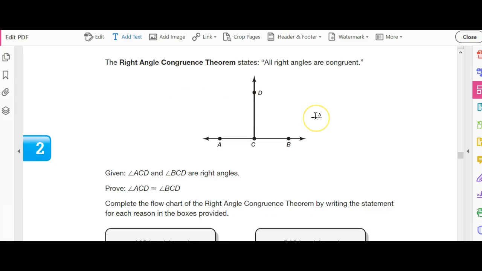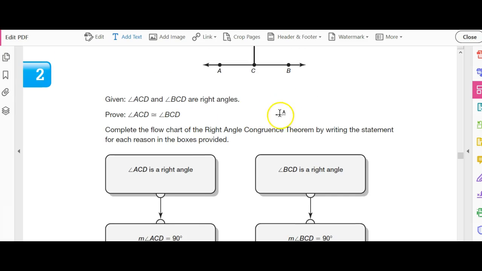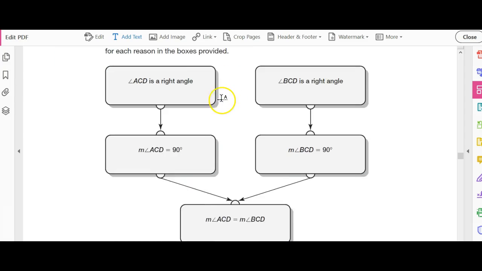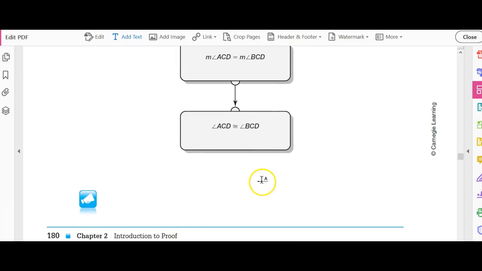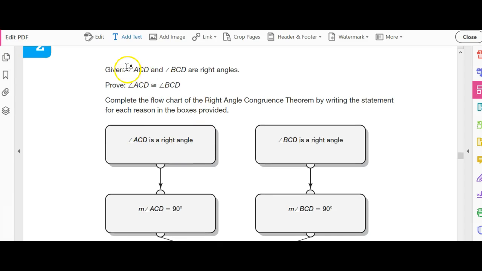It's a theorem that says all right angles are congruent. And you can see that we have all the statements laid out here. So given that ACD and BCD are right angles, can we complete this proof? Okay, so let's go ahead and do that here. How do we know that angle ACD is a right angle? Well, wasn't that given, right? So we're going to put given here, and maybe just move this thing right over here